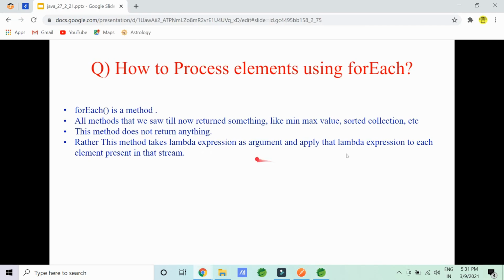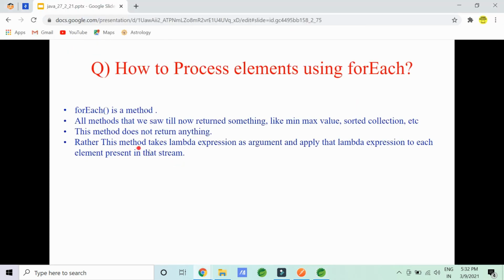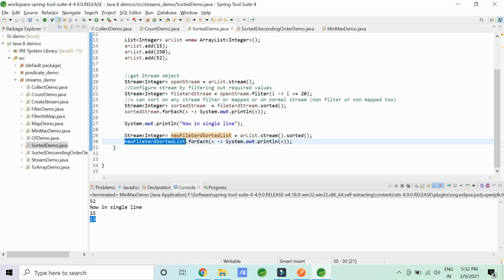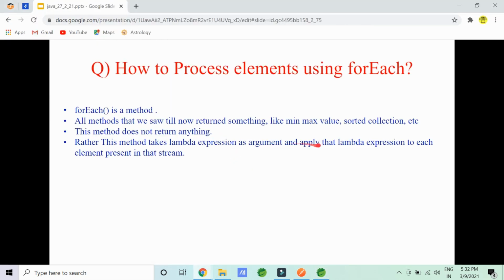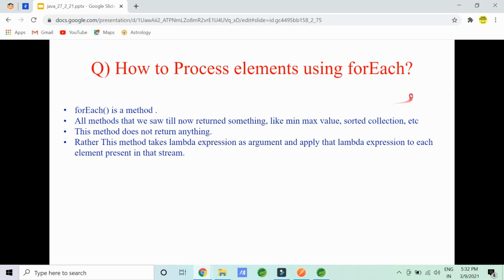So here, that operation is nothing but to print that particular element which is present in the stream. This is my lambda expression, and I apply that lambda expression to each element present in that stream. So this is the use of forEach.